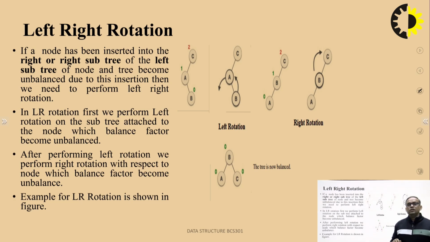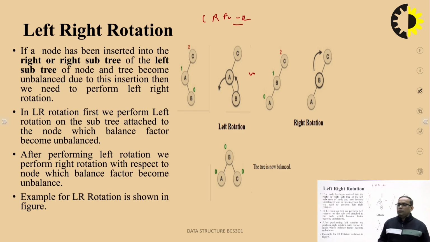Left right rotation is basically a combination of two rotations: left rotation followed by right rotation. Okay, so here in this case, at first we have to make the tree balanced. At first we have to perform the left rotation, and after that we have to perform the right rotation to